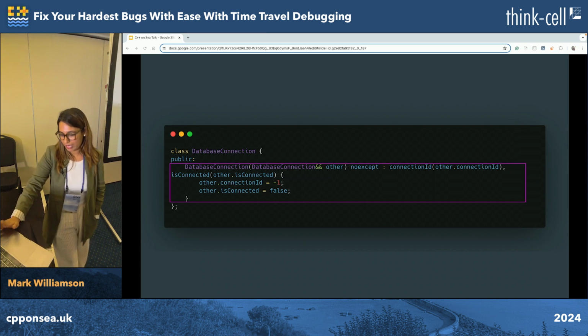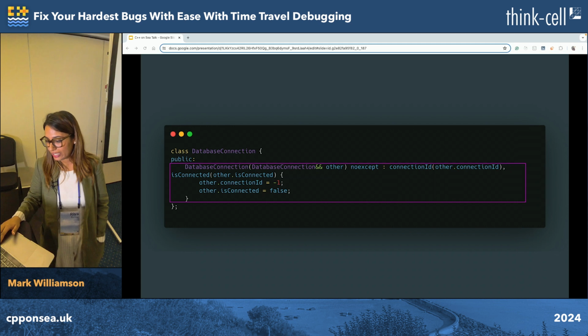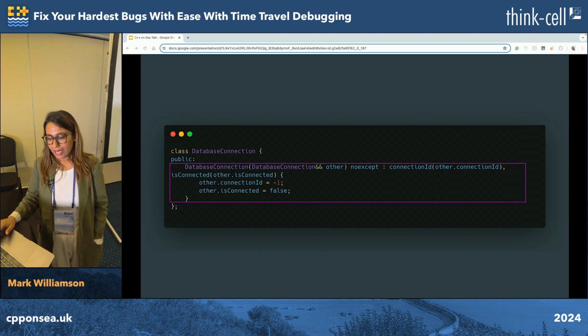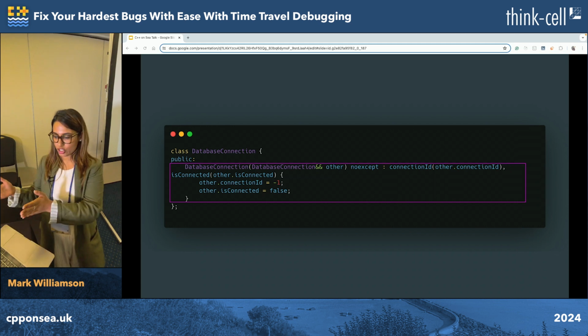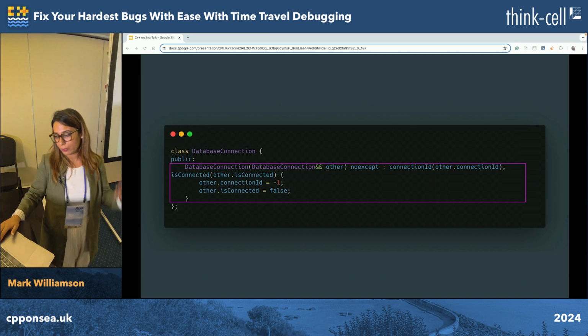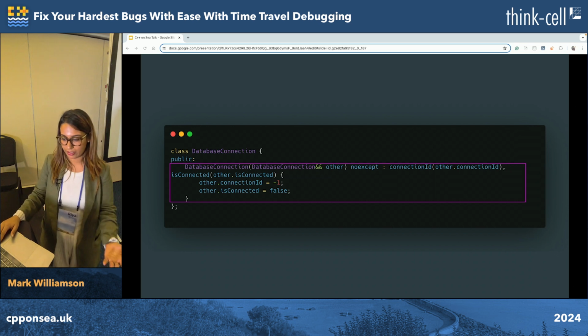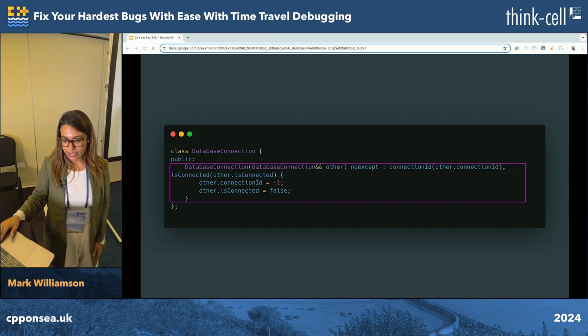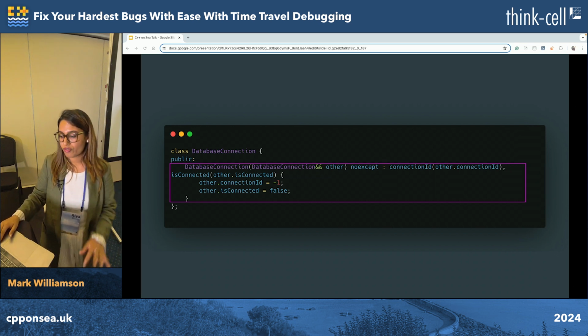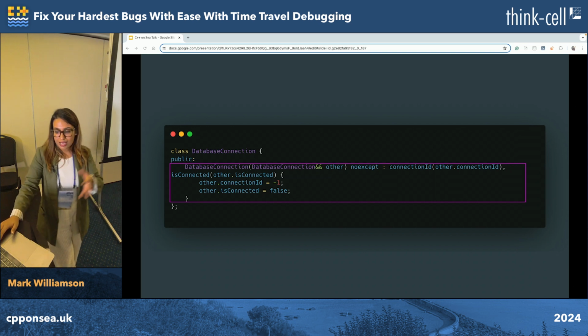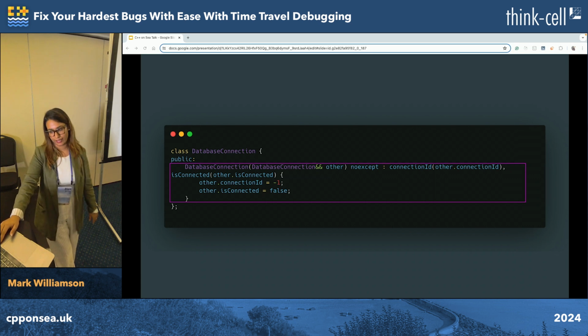Now, this would basically help us to avoid the need for expensive deep copies and allow us to essentially transfer the resources, which is particularly useful for objects which are managing unique resources such as database connections, as was my scenario as well. In this case, you can see for the database connection, the move constructor allows the transfer of the database connection handle from one object to another object without duplicating the connection.